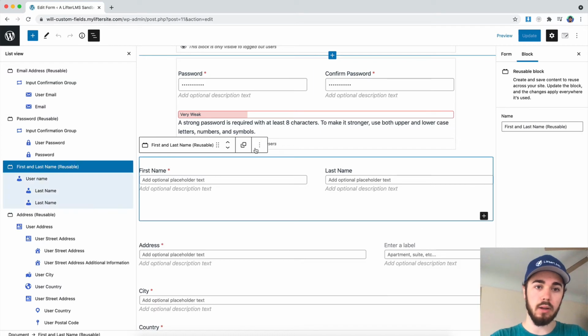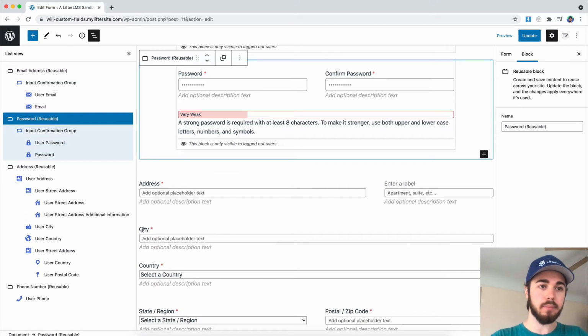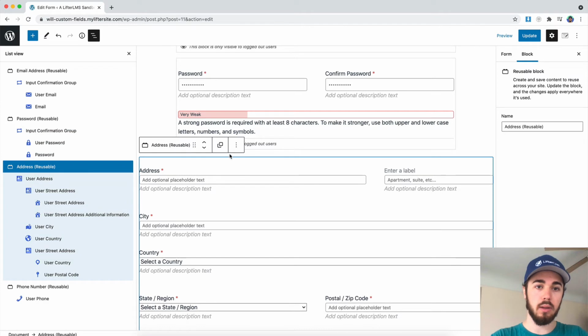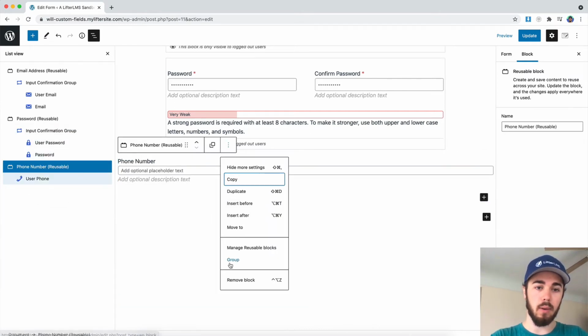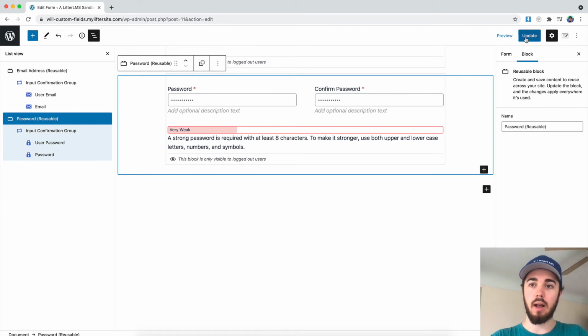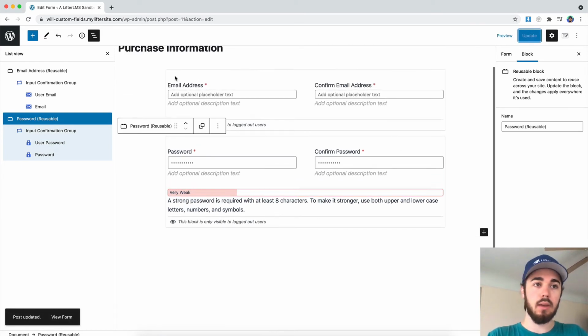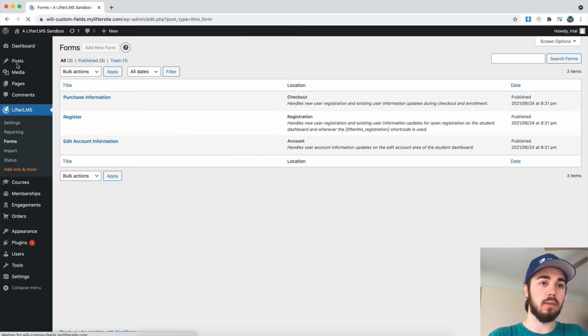First and last name block, I'm going to go ahead and remove that. Address block, I'm going to go ahead and remove that. And then phone number, remove that one as well. And then I'll update my form here and head back over to the course, and I'm going to try and